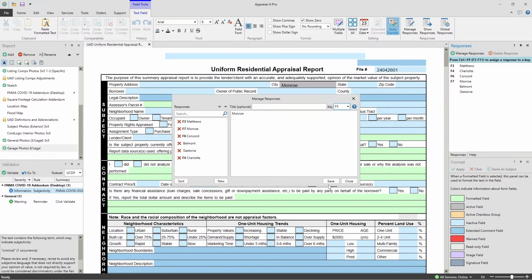I don't have to. That's optional. Hit save. There already was a Monroe in there. Oops. All right, so then we'll make this, I don't know,